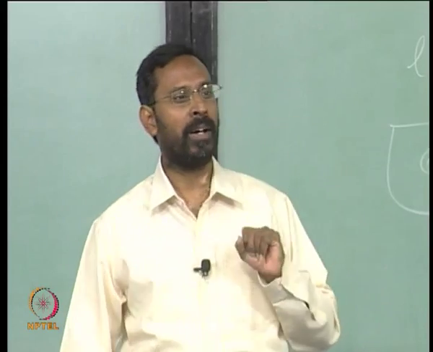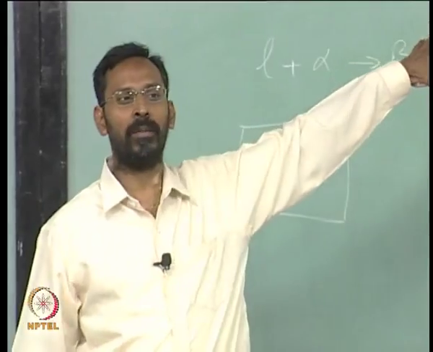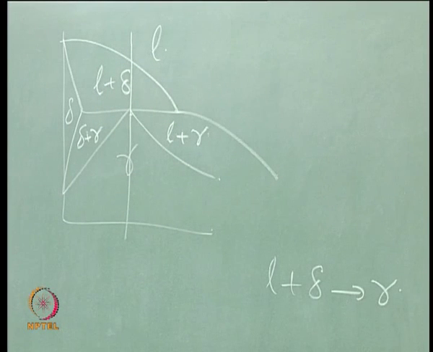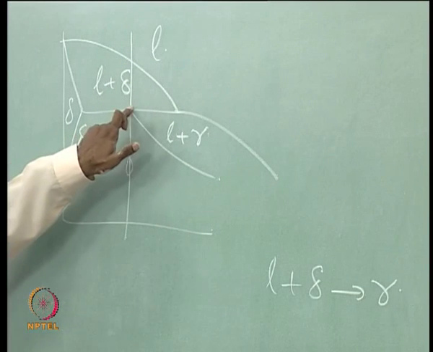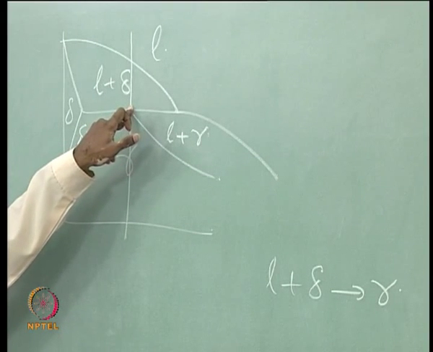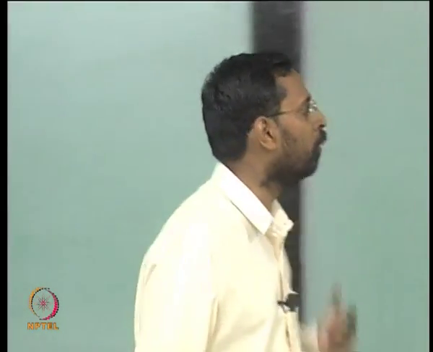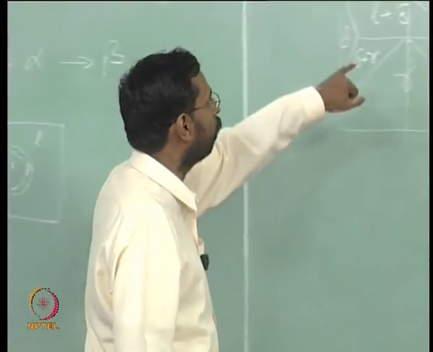So, you should remember that our microscopy always gives you area fraction and our phase diagram always gives you weight fraction. Okay. And so, the moment you reach this temperature, you basically have liquid plus delta, a certain amount of liquid, a certain amount of delta, depending on that particular phase diagram, which can be easily found out by what? How do you find out the weight fractions in a phase diagram? Lever rule. So, you use the lever rule.